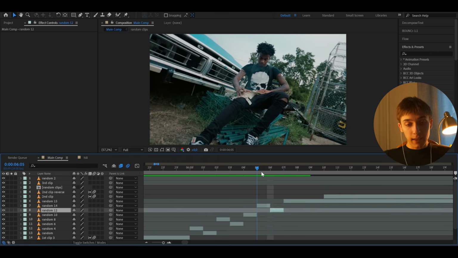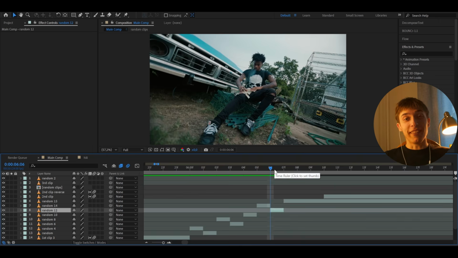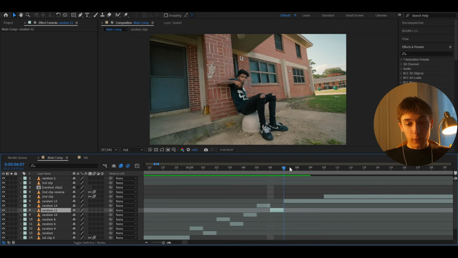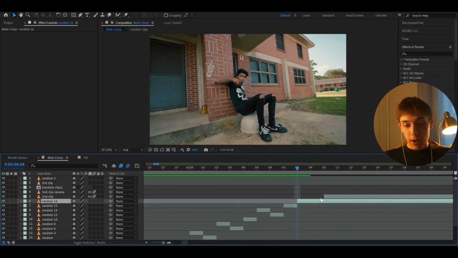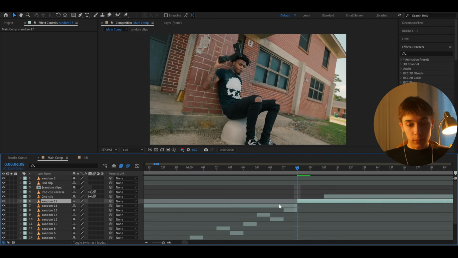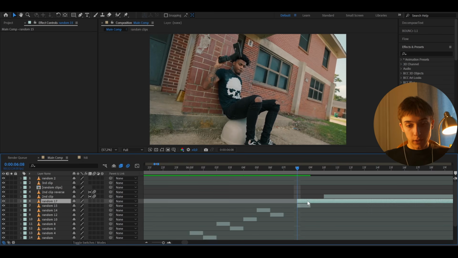So again, ending at the start and the start at the ending. That might sound a little confusing. And I'll go one frame forward, and here again place very random frames. So maybe like this, press Ctrl Shift D, delete that, and I'll put that at the start, press Ctrl Shift